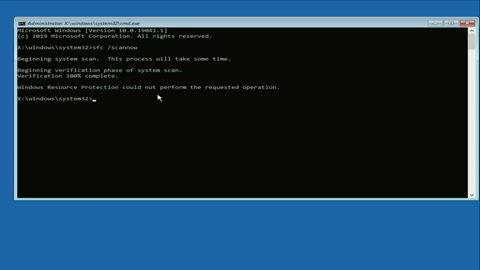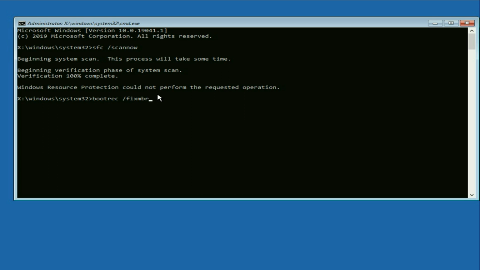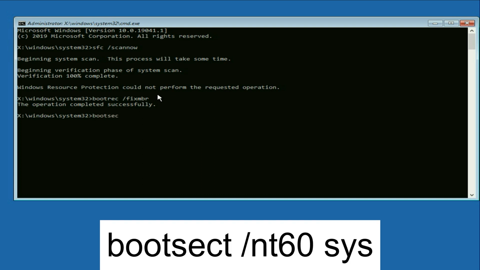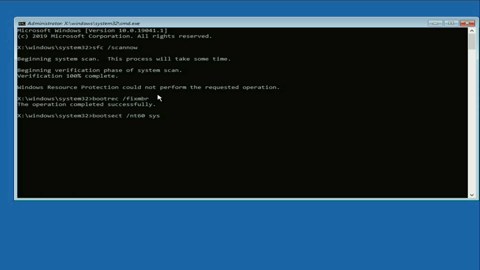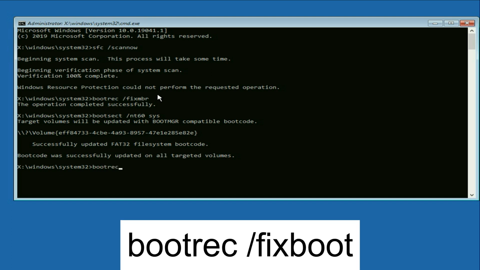Process completed. And now type the next command, bootrec /fixmbr. So this will repair the MBR file. Press enter. Process completed. Now type the next command, bootsect /nt60 sys. Press enter. Now type the next command, bootrec